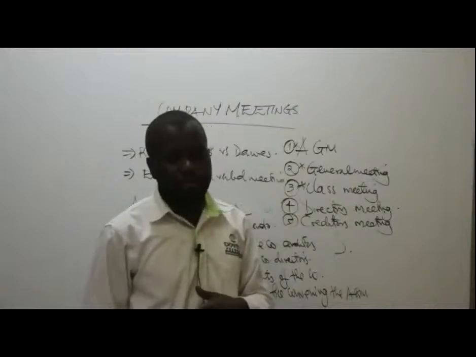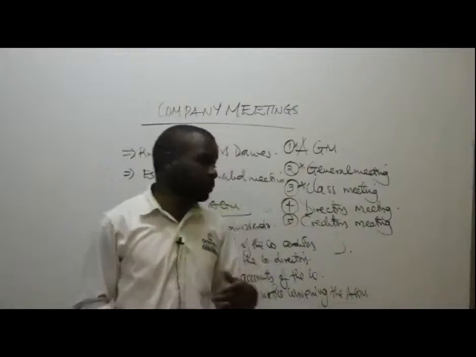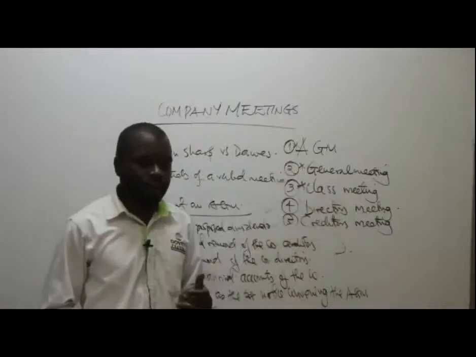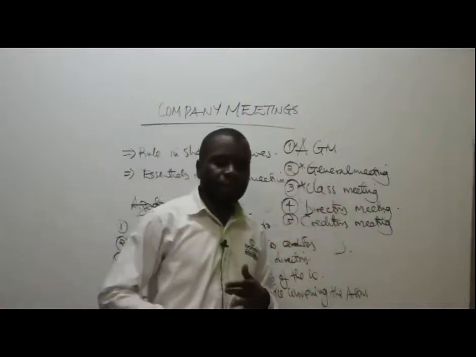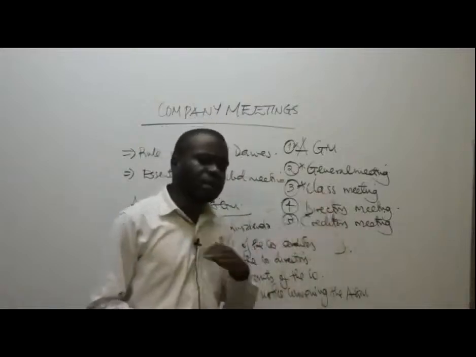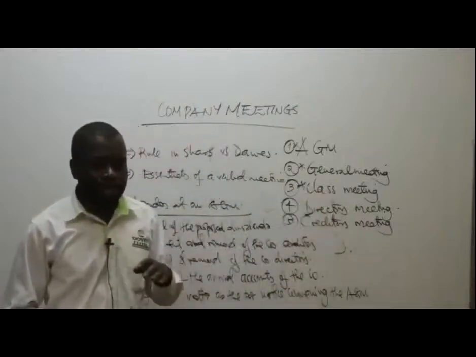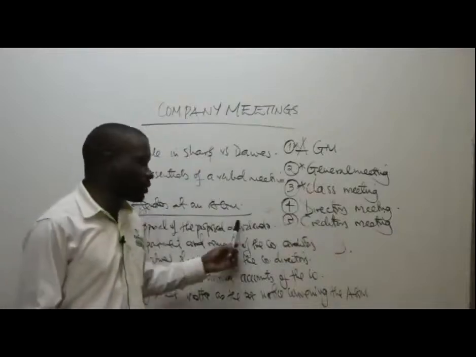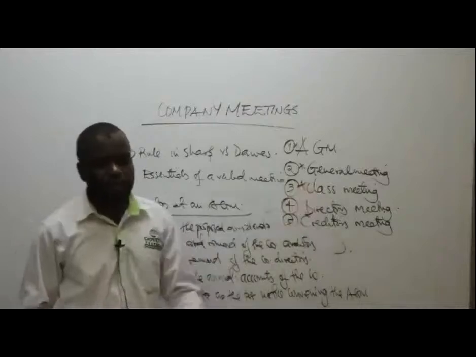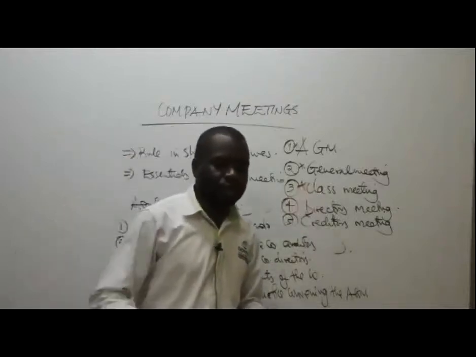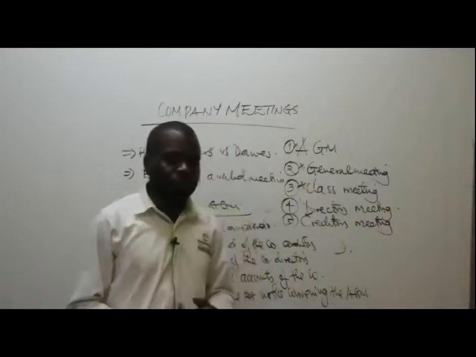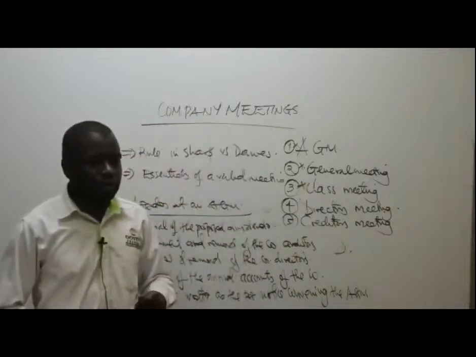Change of the name of the company can be discussed at the general meeting of the company. Change of articles can basically be discussed. Reduction of share capital can be discussed at the general meeting. So long as it is any other matter concerning the company, which is not among these ones, it can basically be resolved at the general meeting. You can talk about share capital reduction, change of name, change of articles, change of the memorandum of association. We can be able to talk about